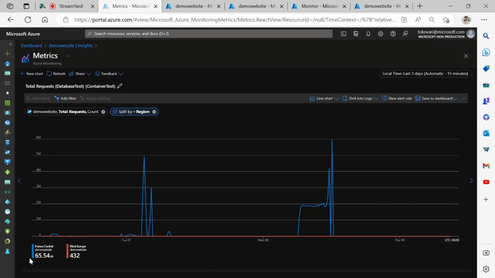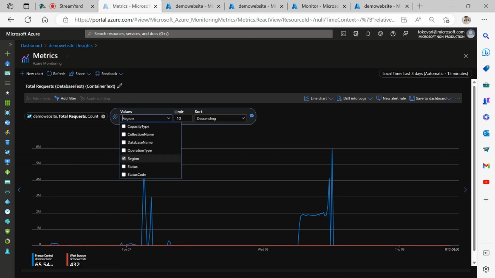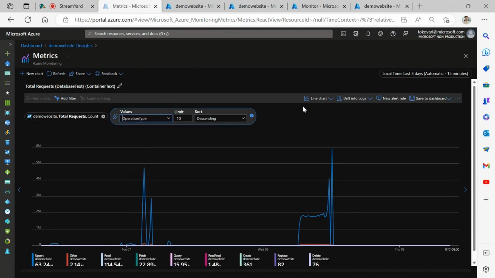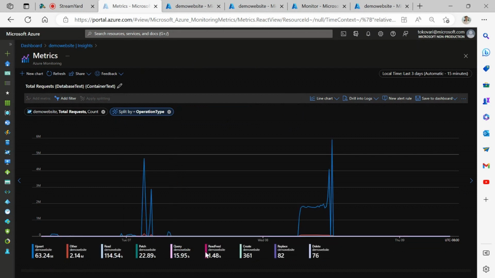Staying within the same view, I can change the splitting by region to splitting by operation type. This will provide me with a breakdown of how many reads, how many writes, patches, and other kinds of operations I performed, and help me better understand my workload. Now, this is the view I can get from the metrics. But if I'm trying to investigate something on a lower granularity than the metrics can provide, as they always aggregate all the requests to at least a 1-minute window,